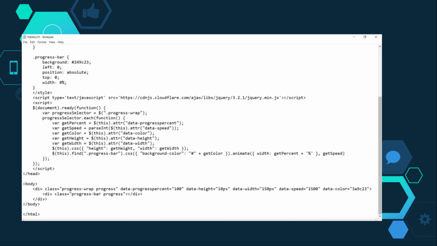Moving to the next slide, we have implemented another styling part, that is our CSS. After this, the JS part again takes place, in which the color, percent and width properties are defined. And after this, the JS uses the CSS code to implement some changes to make the progress bar look more customized in design. At last, we have closed the HTML code and the program is good to go.